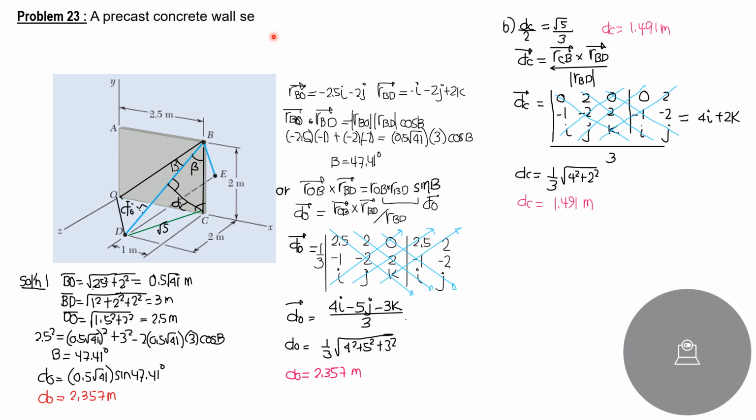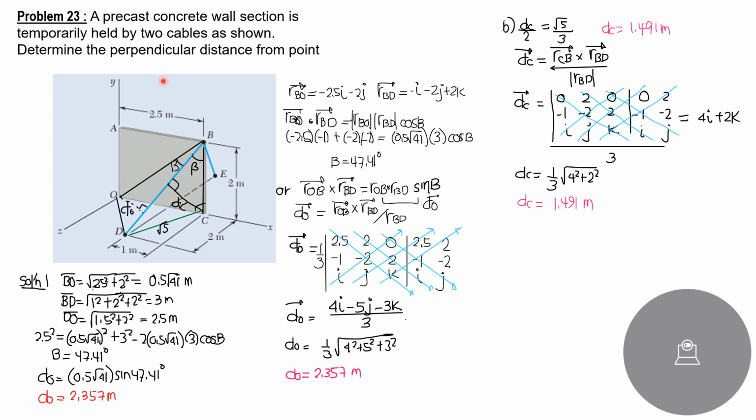A precast concrete wall section is temporarily held by 2 cables as shown. Determine the perpendicular distance from point O to cable BD. How about from point C to cable BD? So this is cable BD, that's point O, this is point C. So let's solve for DO, and I'll solve this by